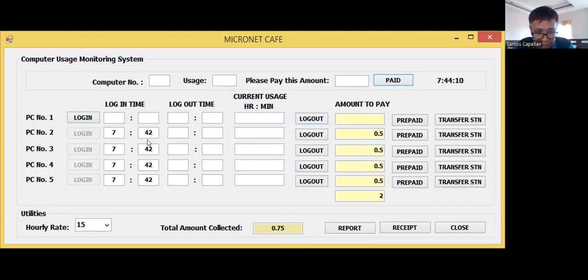Now let's try to log out PC number 2. Likewise, we will do the same procedure for the rest of the computers. So computer number 2 is logged out, the usage is 2 minutes, and the amount to pay is 5. Now when the user pays this amount, we can click the pay, then it will be added to